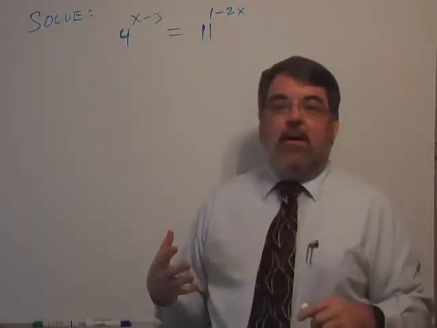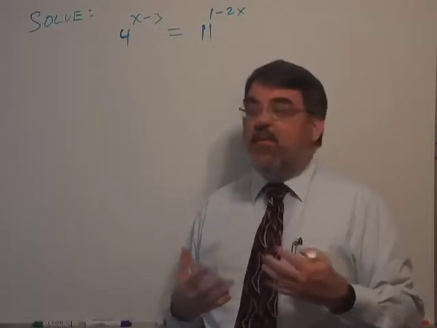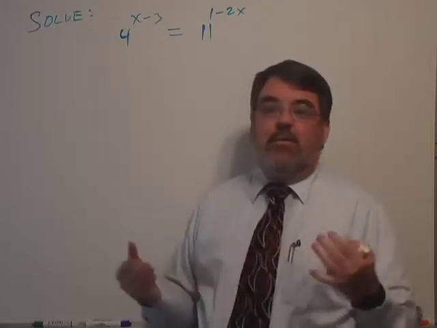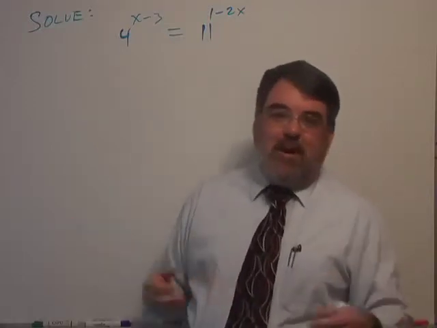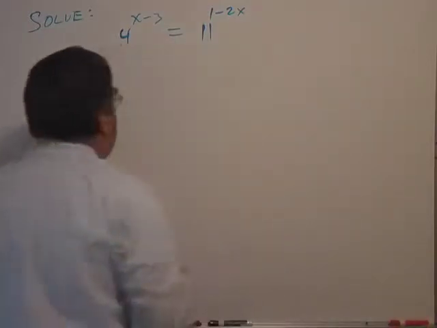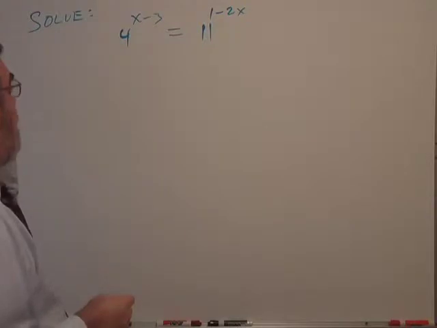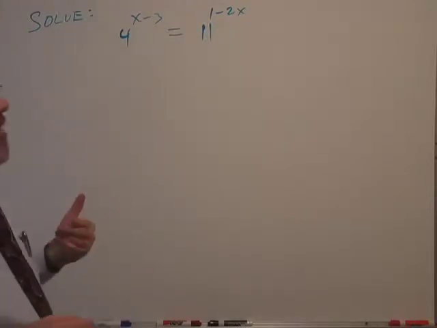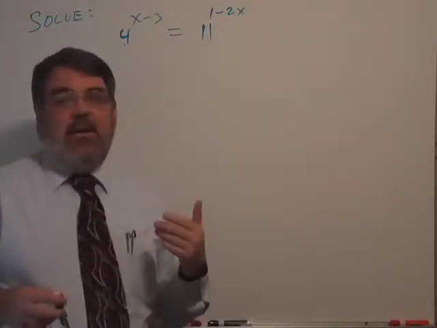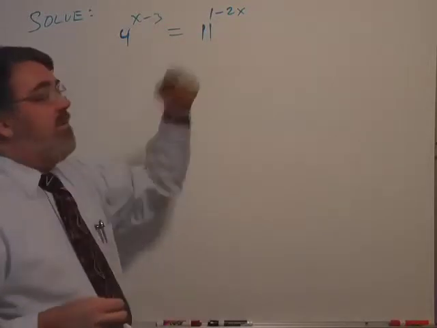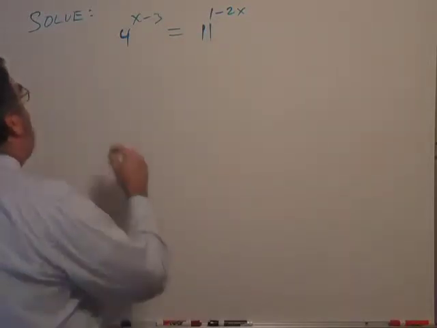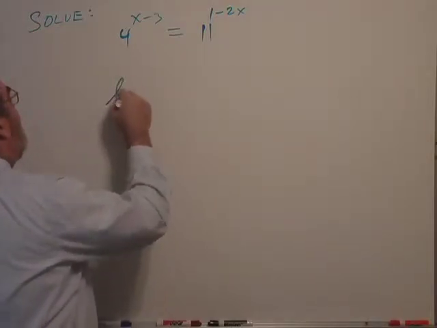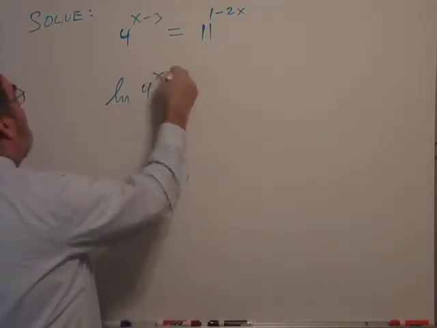I can go about it by applying a logarithm to both sides. And our choices are common log, base 10, or natural log. I like to use natural log myself, but that's a matter of taste. And the reason to apply the logarithm to both sides is that the logarithm is how you can get exponents out of the exponents. So I'll show you what I mean. I'm going to take the natural log of both sides,